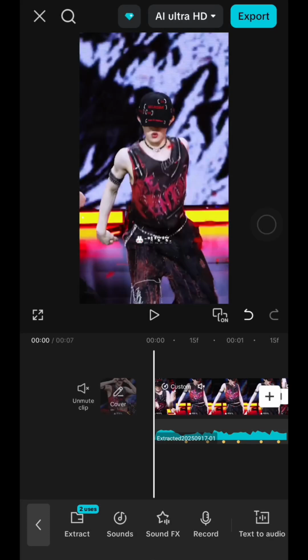Today I'm going to show you how to create a viral overlay masking effect for your reels using CapCut. It looks super cool and, trust me, it's easier than you think. Okay, let's get started. First, just open your CapCut and then import the clips that you want to use